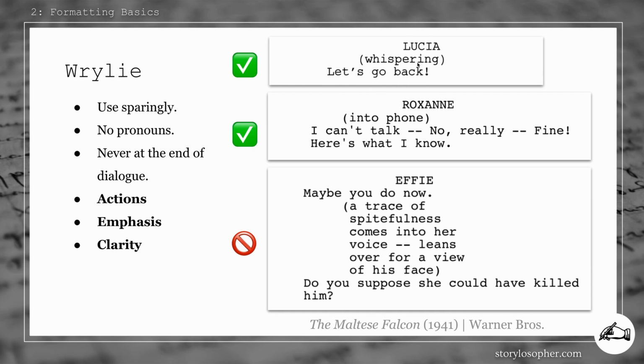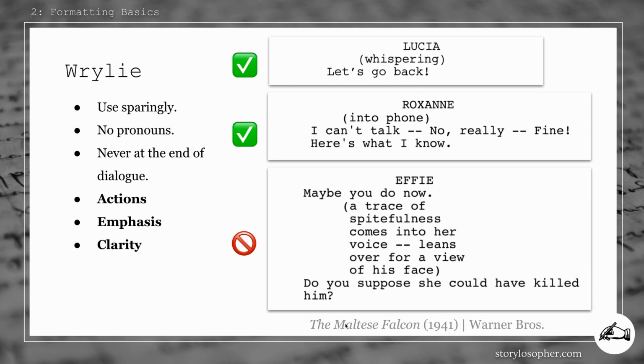But those are bad. They're bad if you're trying to use them to tell someone an emotion. You should use them sparingly. You're never going to use pronouns. So it's not going to be she whispers. It's going to be whispering. Or into phone, right? Instead of she talks into the phone. Or she's on the phone. It's just talking into phone. Or into phone. It's very short, as much as you can make it. Don't use pronouns. It's normally going to be ing to describe the way that something is happening if it's necessary for the story. And that is a theme you're going to see again and again with this kind of stuff.